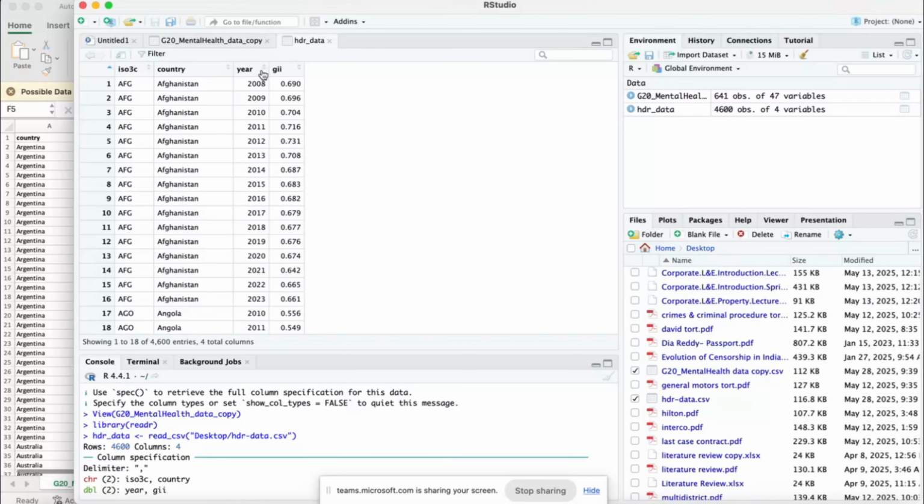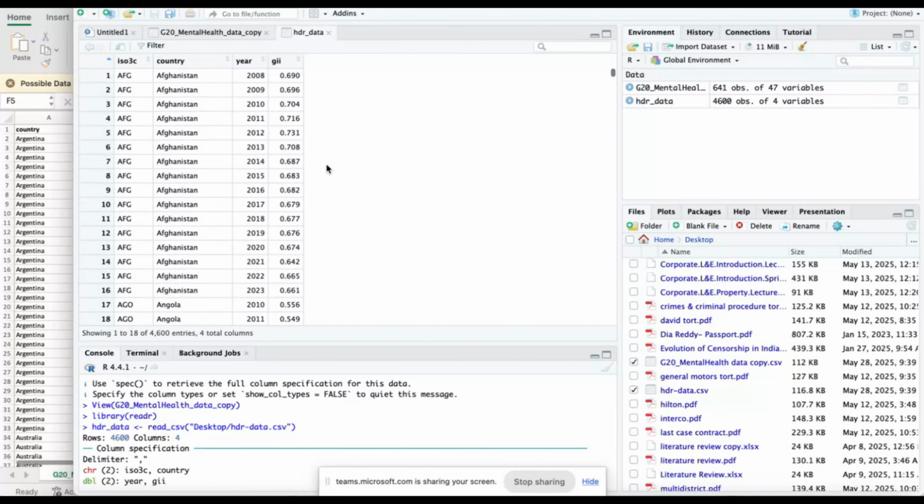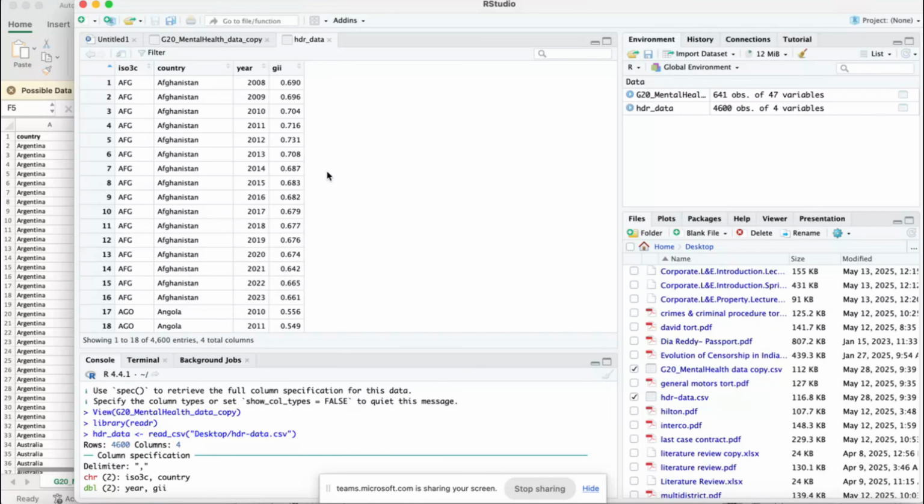If we use inner join, then we will lose the data for the years for which GII data is absent, like for China for the years before 1998. So that is why we have to use the left join in this situation. And if we use full join, it will create a data set with all the countries and all the years. We don't want that.